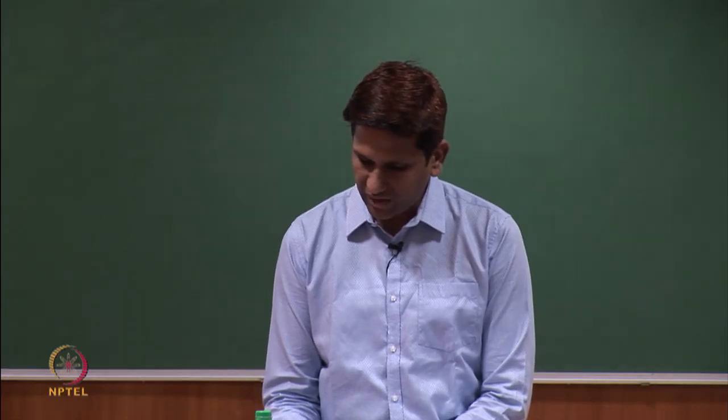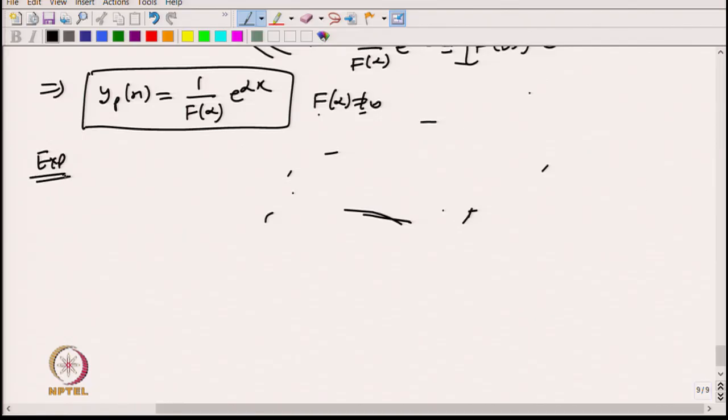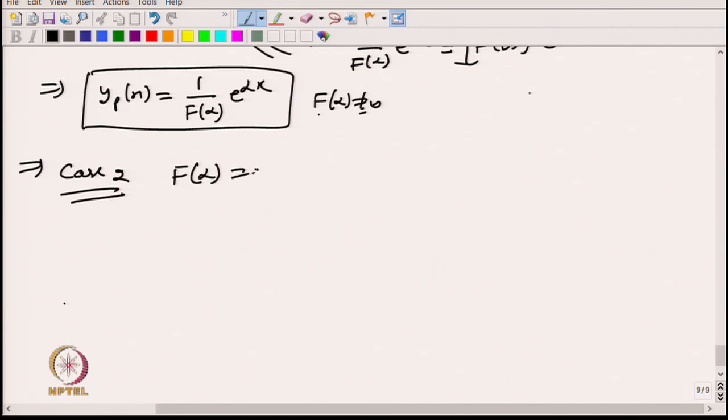Instead of taking an example now, I will take both cases together. Case 2: f of alpha is equal to 0. What will happen? In the earlier case I assumed that f of alpha is not equal to 0, but now I have f of alpha equal to 0. So, in that case I cannot divide by f of alpha because it is already 0. To deal with this one,